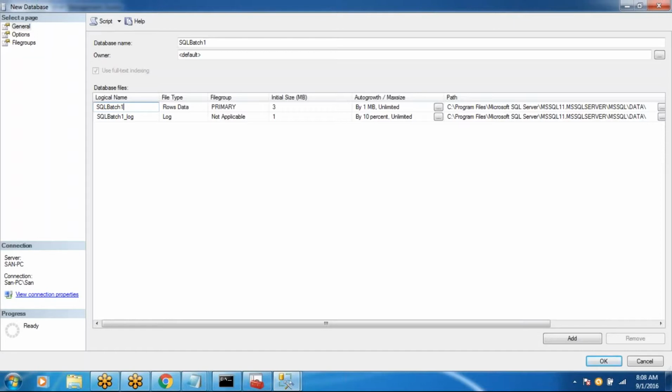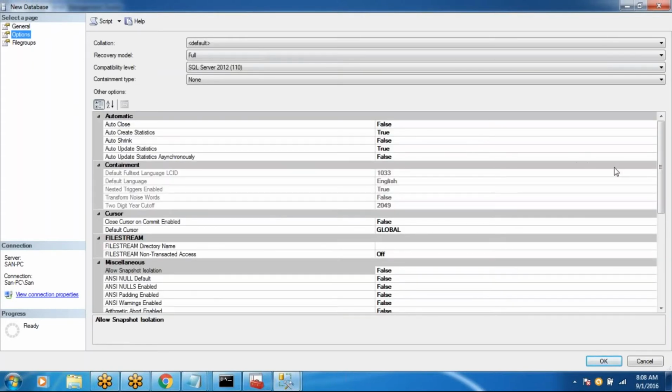So first of all, why is LDF required? It is a log. When I say log, it stores all the information, all the actions which you are performing on the database, like all your tables. And the MDF is like your metadata file. It stores all the data and all the schemas which you have created inside that particular database. These are the two files required to create a database. If you see here, it's actually not required.